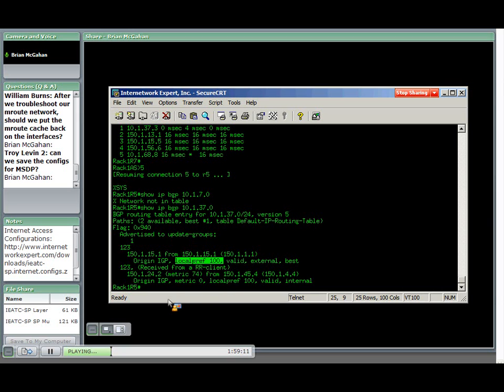Okay, actually, before local preference, we look at the weight. Okay, we're not manually configuring the weight here on router 5, so we see that there is no weight value set. Okay, so we look at the weight. There is no weight. We look at the local preference. Both of them are 100. Then we look at the AS path. We can see the AS path is 123 out both of these. We look at the origin code. Origin code is IGP for both of them. And we look at the metric value, the MED. Okay, there's no MED. Actually, let me bring up the